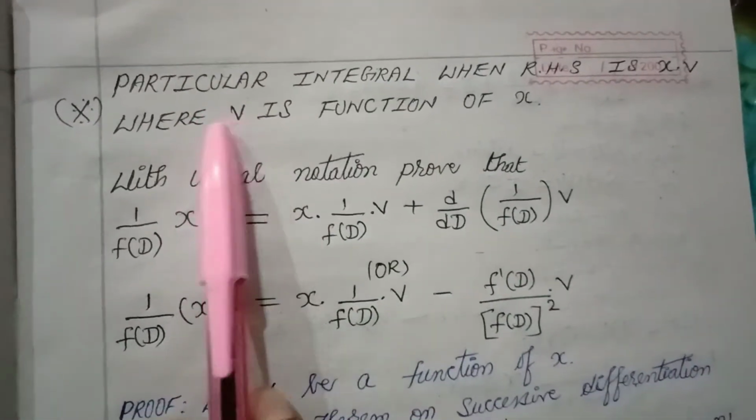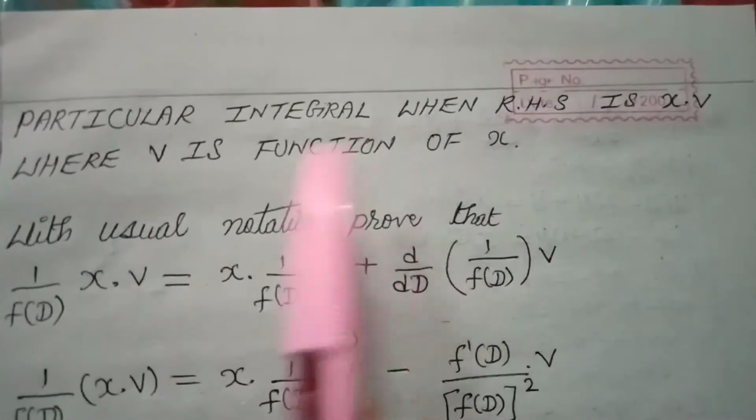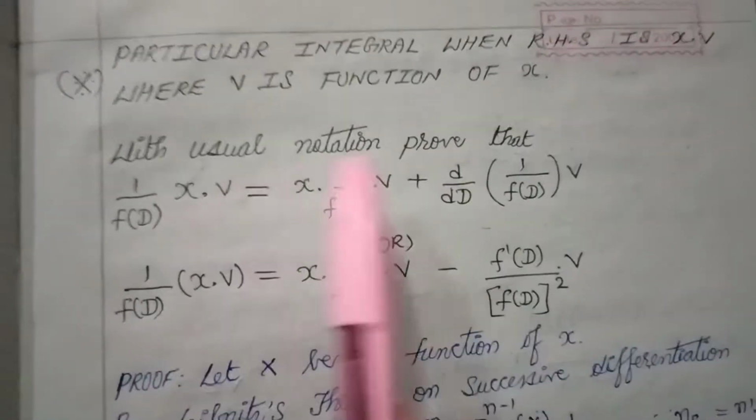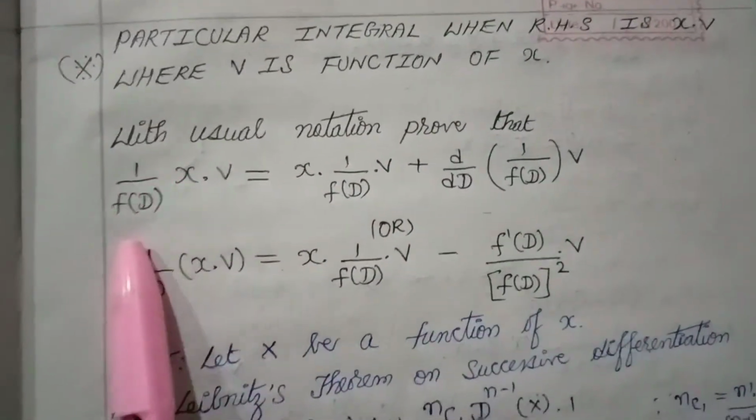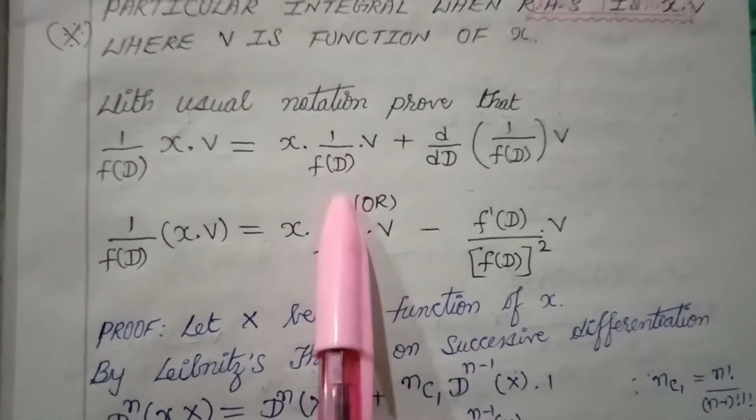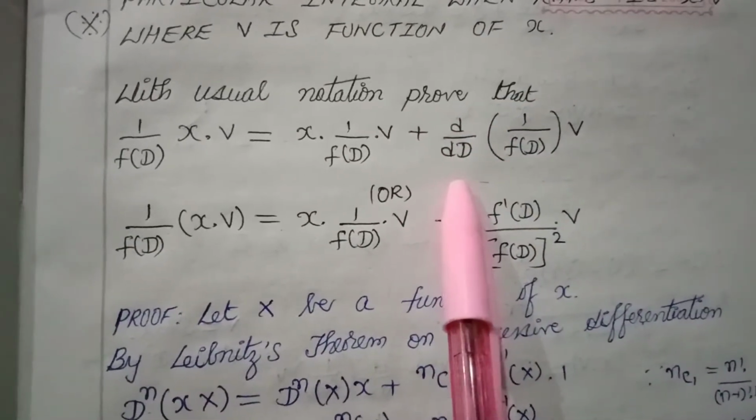Good morning students. Let us learn particular integral when RHS is x into v, where v is a function of x. Let's prove this. With usual notation, prove that 1 by f of D into x into v is equal to x into 1 by f of D into v plus its derivative with respect to D of 1 by f of D into v,